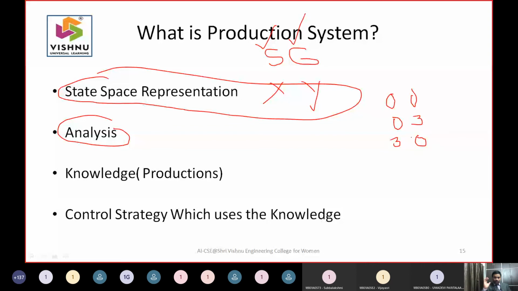Your analysis was meant for knowing what type of productions have to be developed. The analysis is just to find a solution for your problem. This is what we have done here, just finding one solution for the water jug problem. Once you found the one solution, you have written the productions generally. It is not specific for 02 or 04. You have written the productions generally.